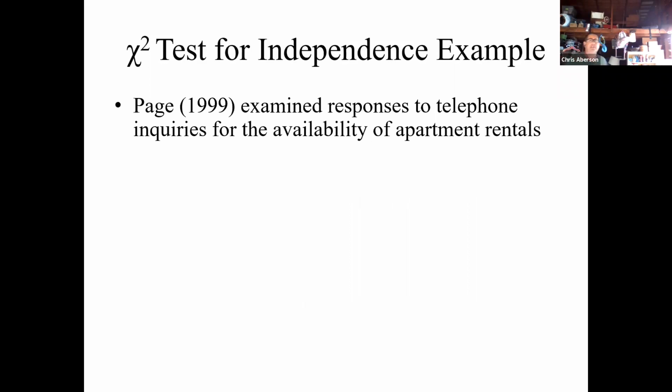The example that we're going to look at comes from a study that examined responses to telephone inquiries for availability of apartment rentals. Back in the 90s, we didn't have Craigslist or anything like that. So people actually had to look in something called a newspaper. I know some of you probably haven't heard of those. A newspaper had a section called the classifieds, where you would see listings for rentals. Generally, people would have to place an ad, and it would run for 2 weeks. So, you'd have to call and see if the rental was still available. It's not like it just disappeared when it had been filled.